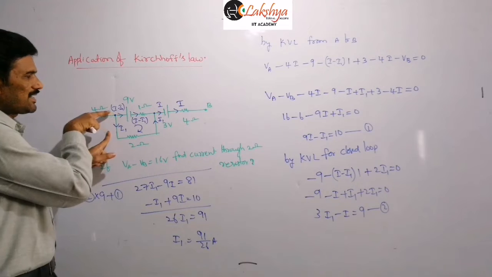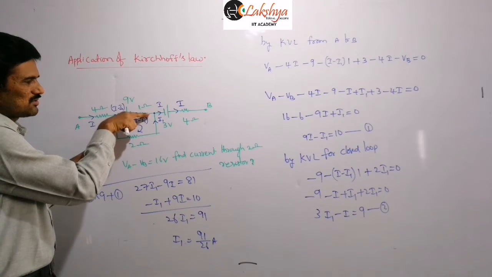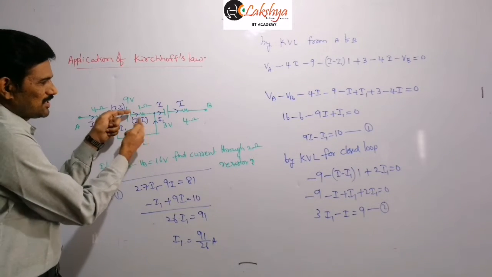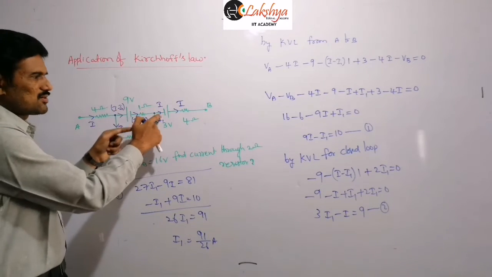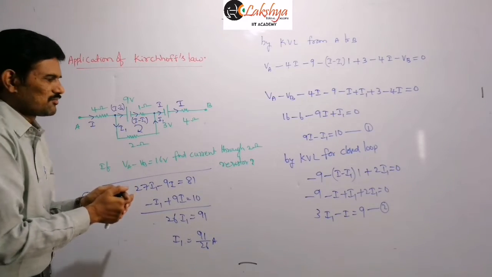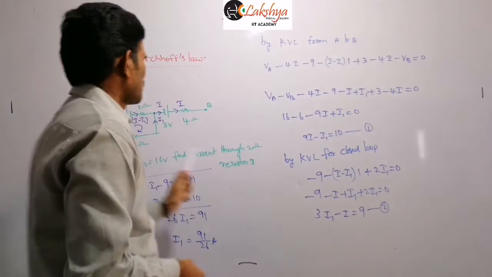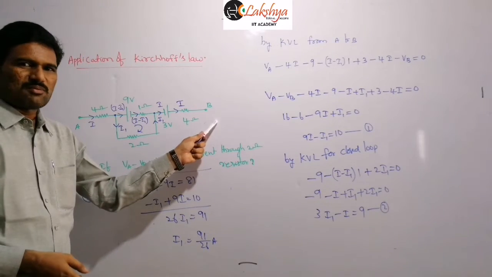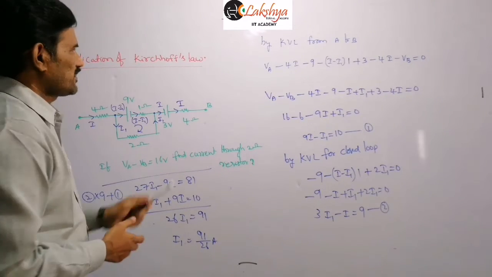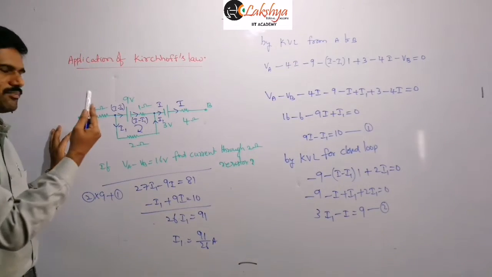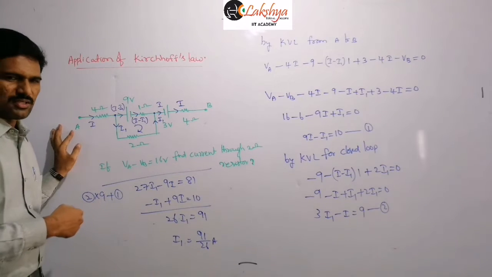And the remaining current I minus I1 will flow along this. And again at this junction, I minus I1 and I1 are added together, and so that original current I you will get here. So now next I am applying the first Kirchhoff law from A to B. That means from A to B, from this direct path I am applying here. So when you are applying the direct path, that means the second method I am applying here, what we discussed previously.